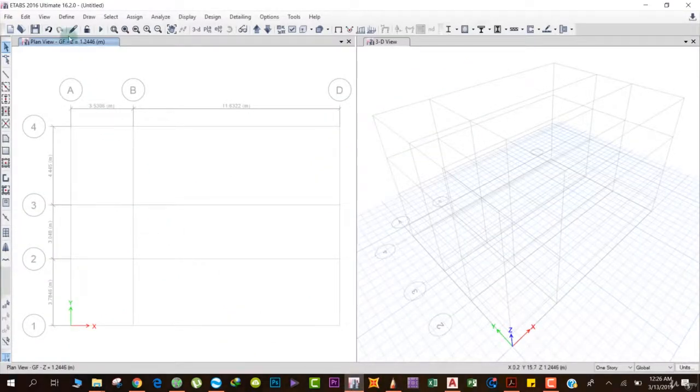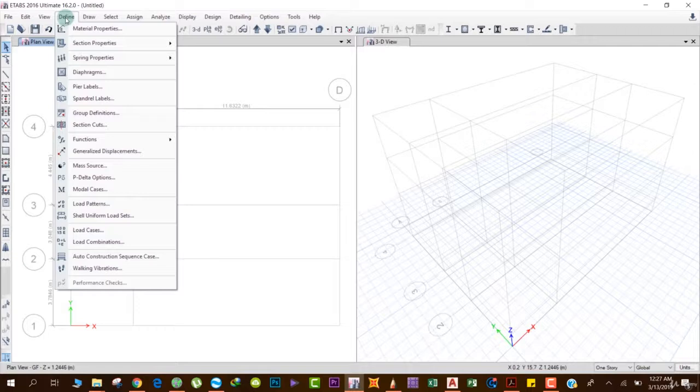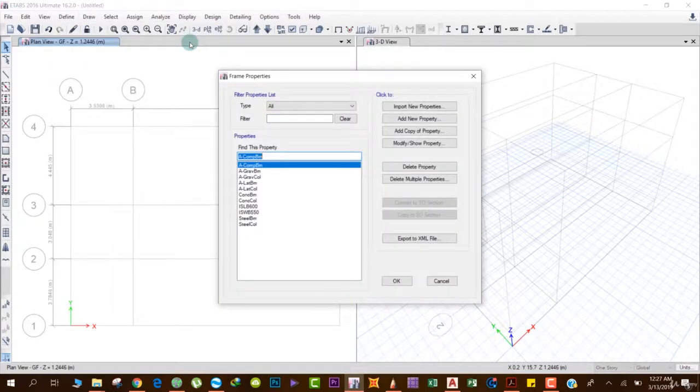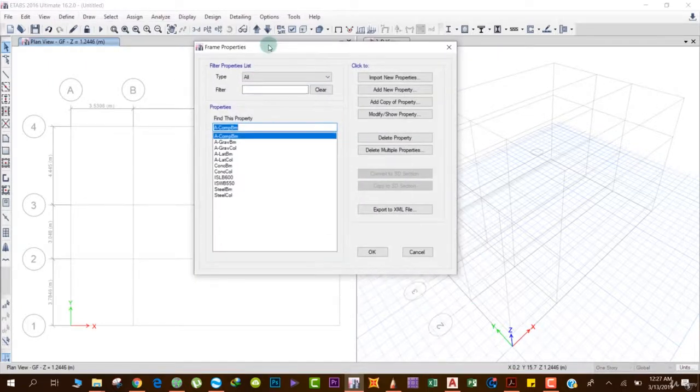We have to go to define again. We know that for defining anything we have to go to define, right? So that is very simple. Okay, after that go to section properties, and over here beam and column come under the frame sections. So we'll first define beam and columns. Click on frame sections, and over here we click on add new property,